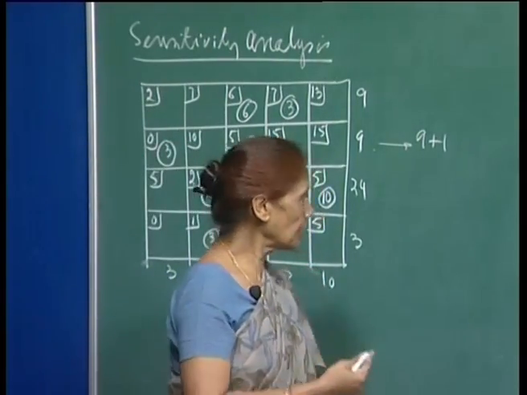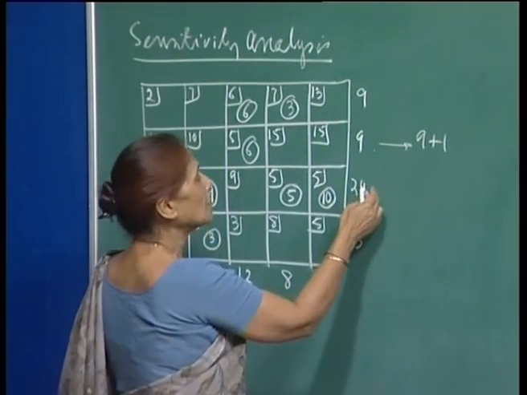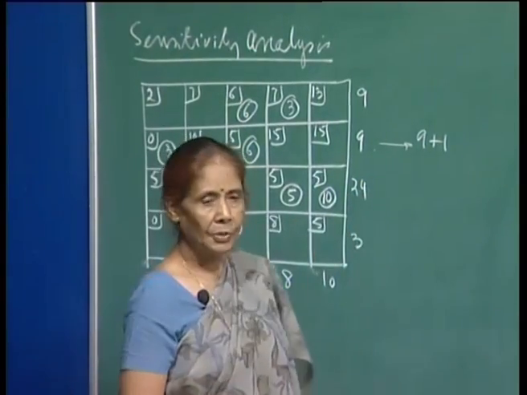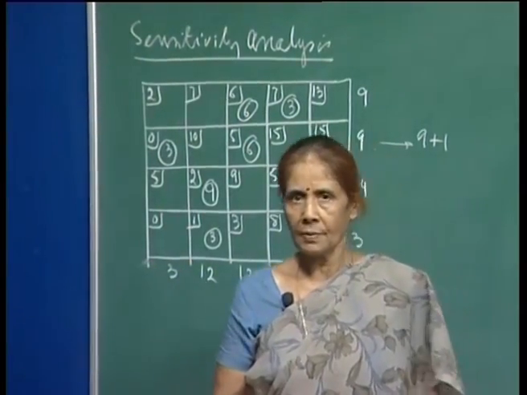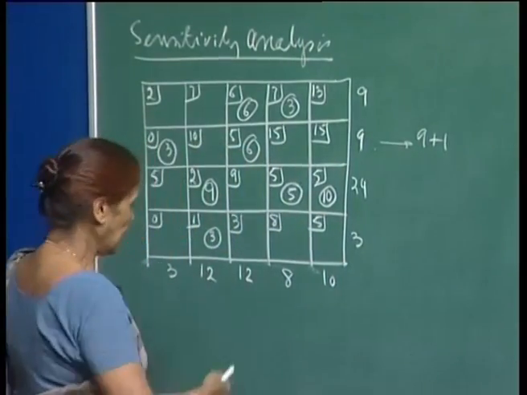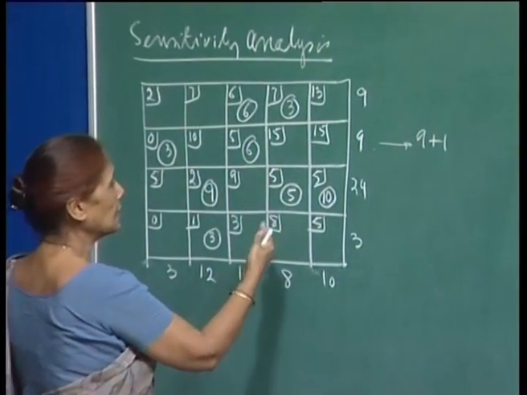That means you may not use the whole amount from another source from where the cost of sending the material to different markets is more expensive. Okay. So, this is the consideration,